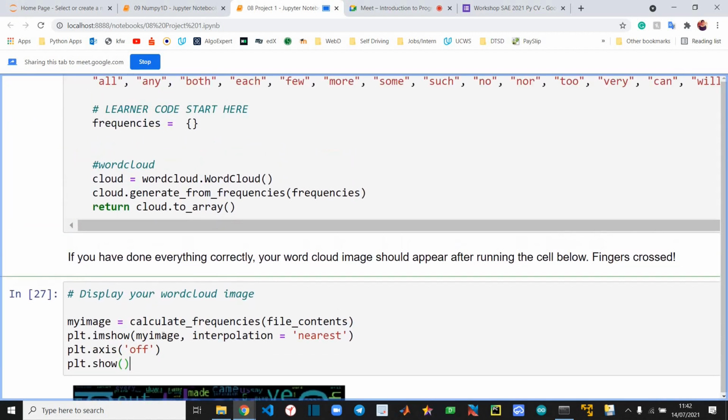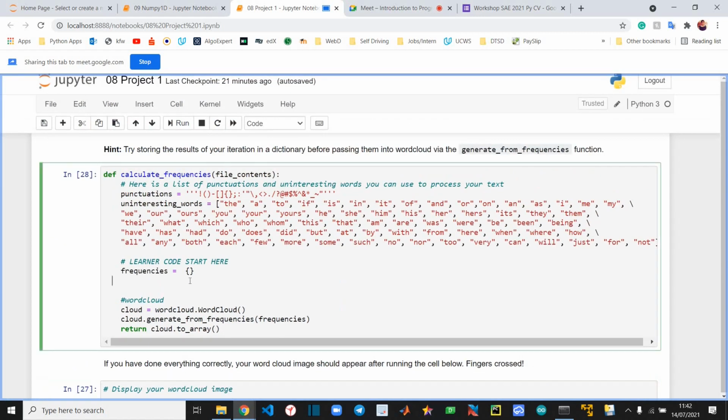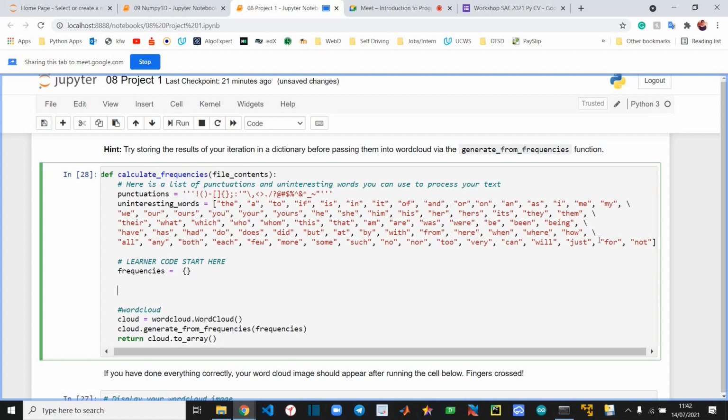We'll automatically generate a word cloud; you didn't have to do the word cloud part yourself. So we'll see what kind of words are in this. It's kind of impressive. It will do it in a few seconds. One of the things I did when I was doing this task myself was add two more uninteresting words, for and not. This was not in the previous notebook. So I'll get started now with explaining everything.